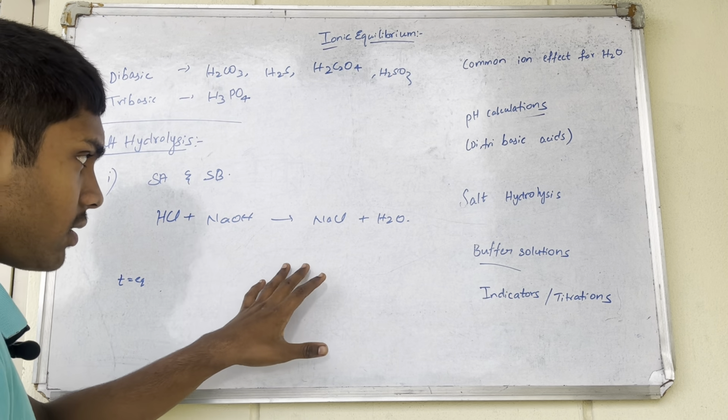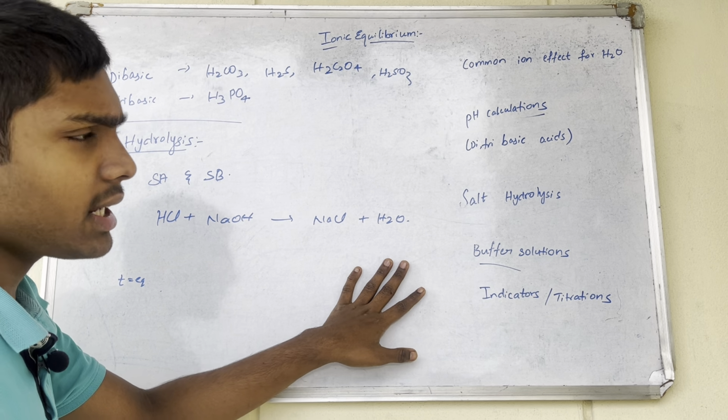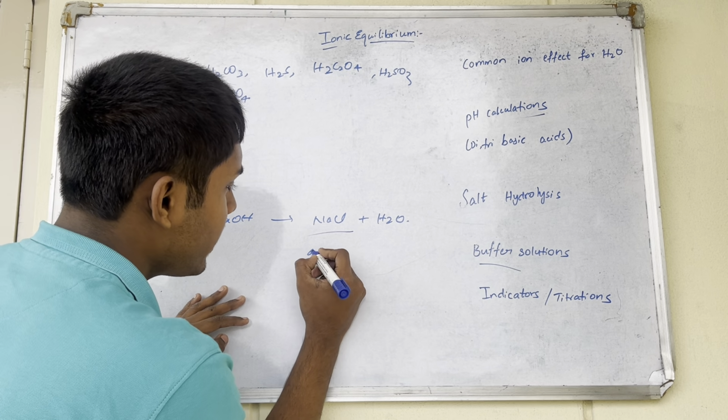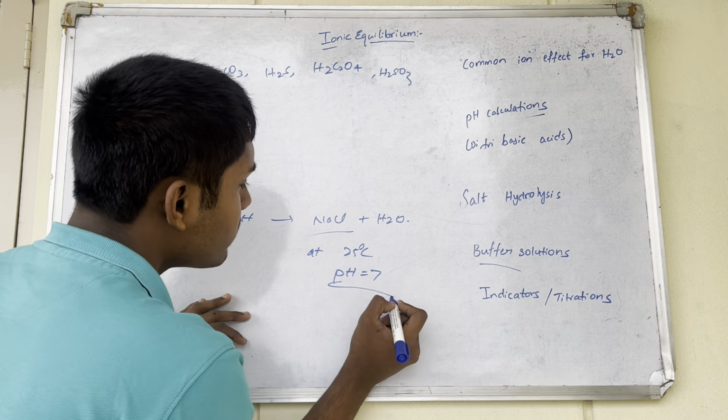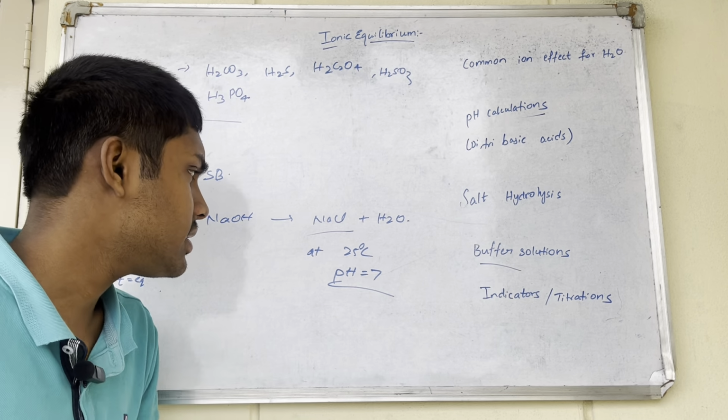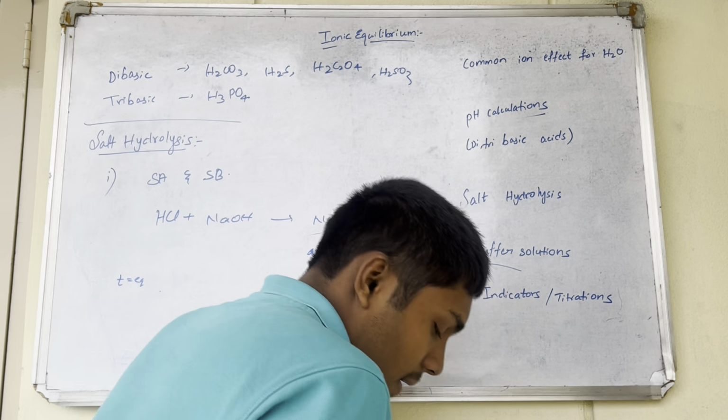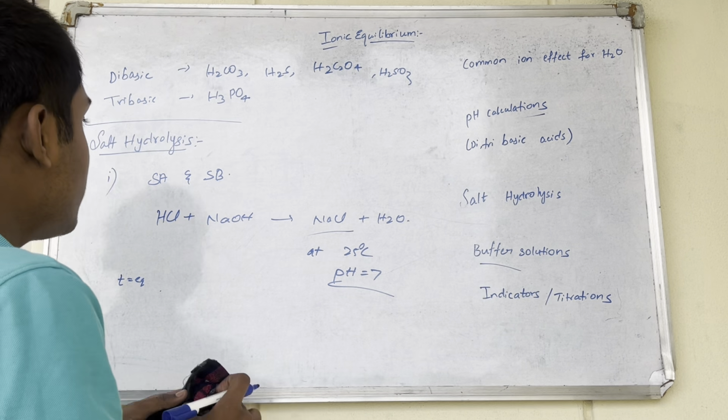So you have HCl and NaOH. They will completely neutralize to form NaCl. So at 25 degrees Celsius you can directly write pH equal to 7, especially for strong acids or strong bases. It is direct, straightforward. So the twist is here, for